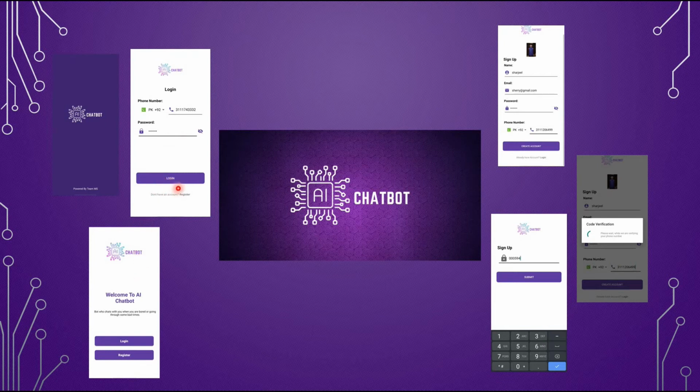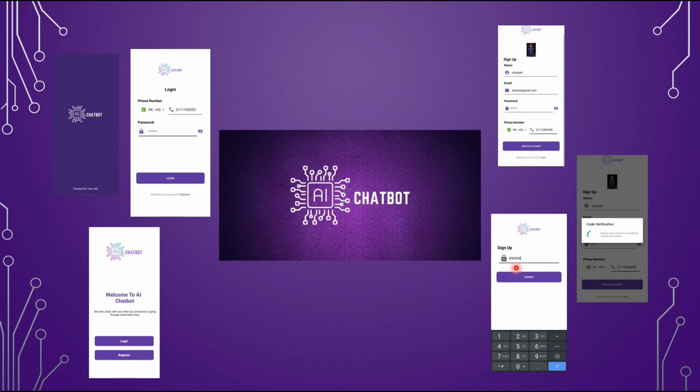And if you have no login details, so you should first register yourself, and these are the terms or conditions that you have to follow. This is your picture, and this is your name, email, password, and the phone number. Now create account, you should click this button, and you will go to the sign up.